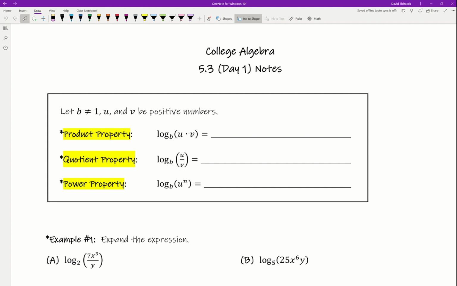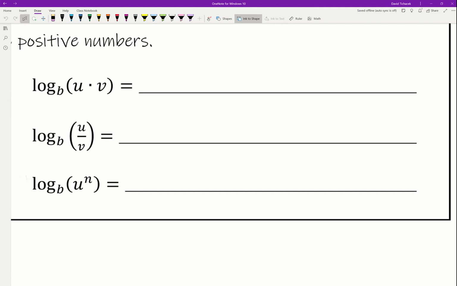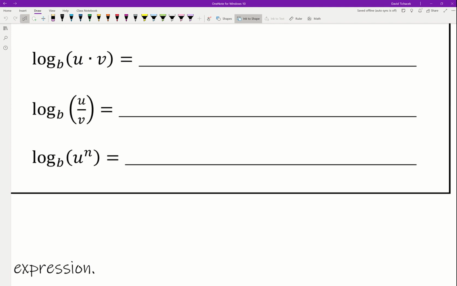In order for us to do any of that, we need to talk about three rules that you're going to be using as you do these problems. I want to explain what these rules say and how to know them when you see them in examples of expressions to work with. Let's take a look at that first rule. The commonality between all of these rules is that they have a single log on